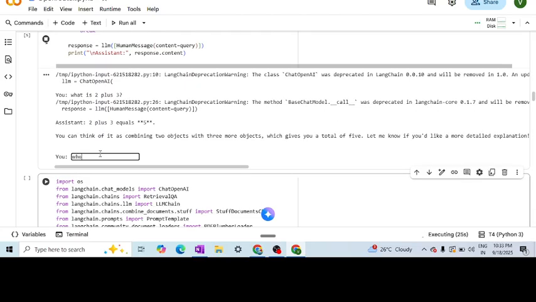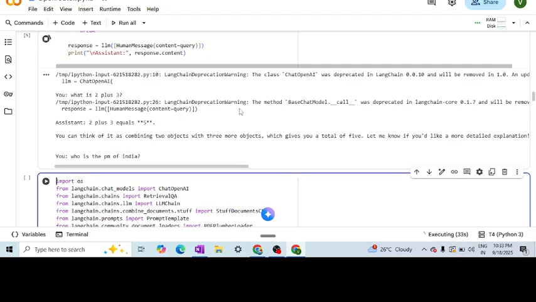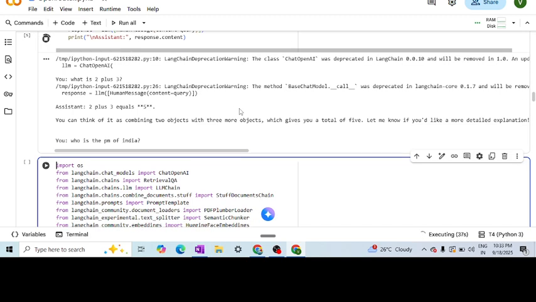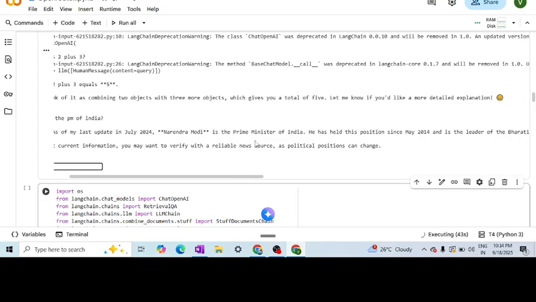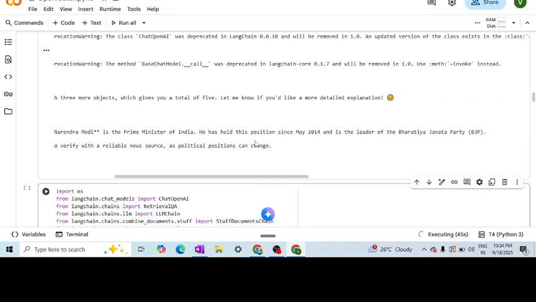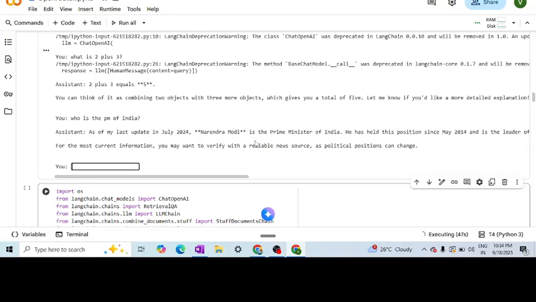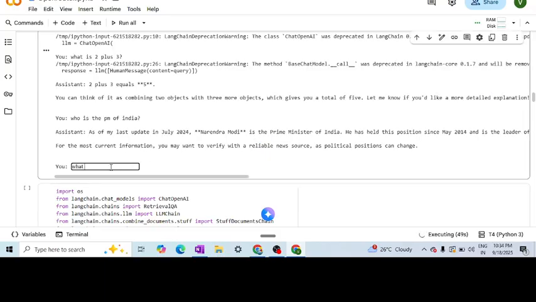And who is the PM of India? These are simple questions I'm asking, so it is able to provide the answer for that. Yeah, it is Narendra Modi since the last update, and it is giving the information in a better way for us. And we can ask any other questions, like what is